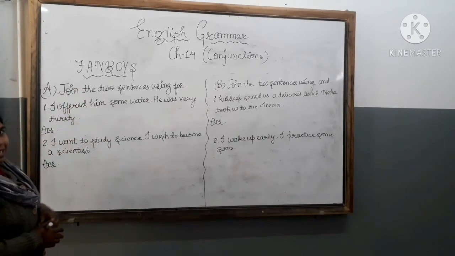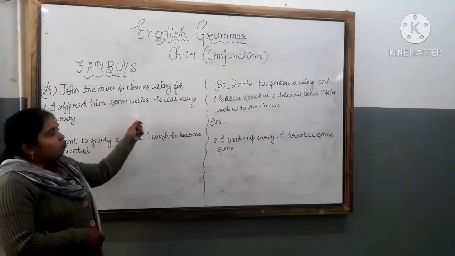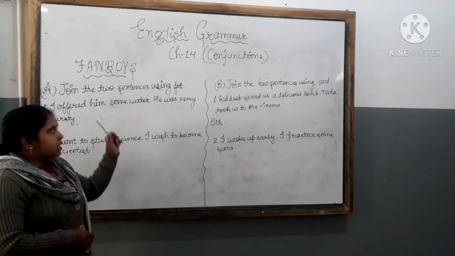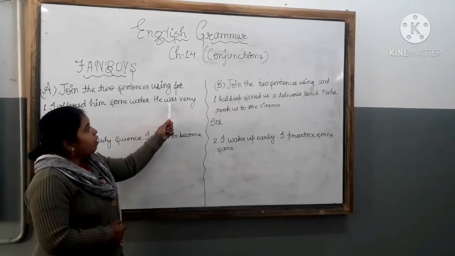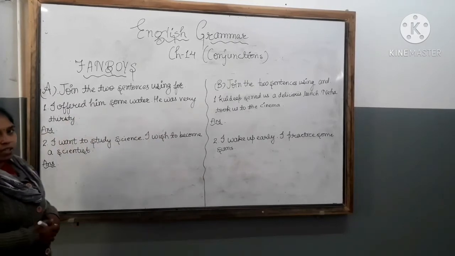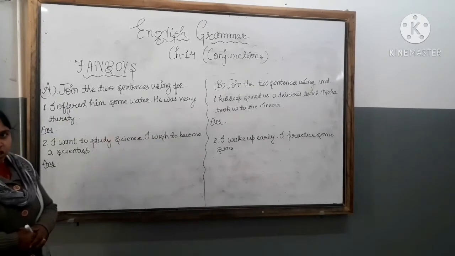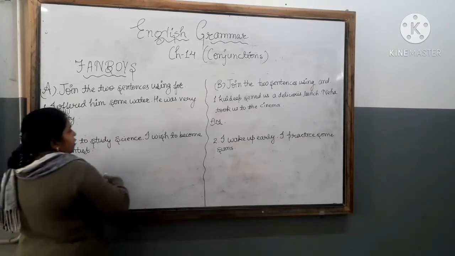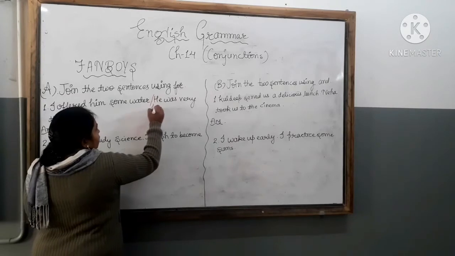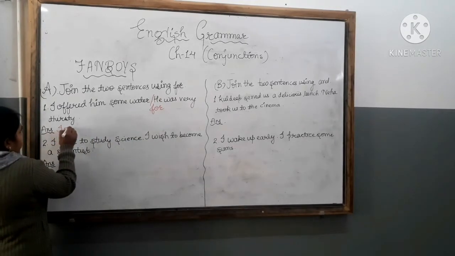So, the first sentence is I offered him some water. This is the first sentence. Now we have one more sentence here. He was very thirsty. Now here we have to add for conjunction. For states the reason. So here we will use for conjunction. So the answer is I